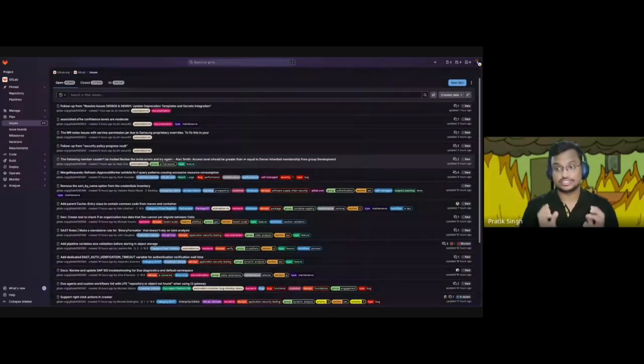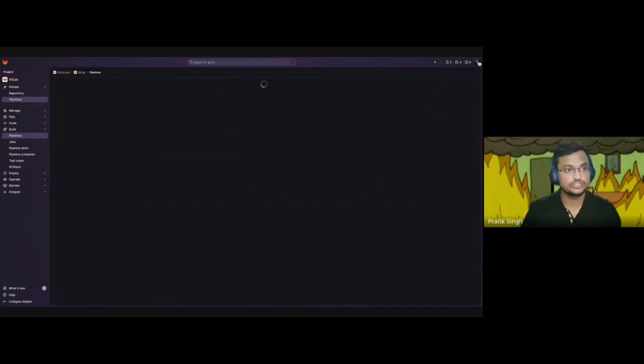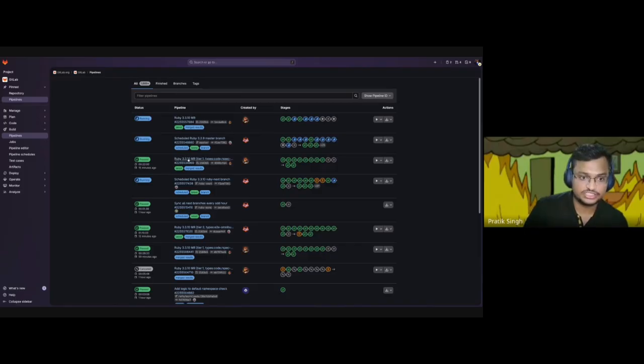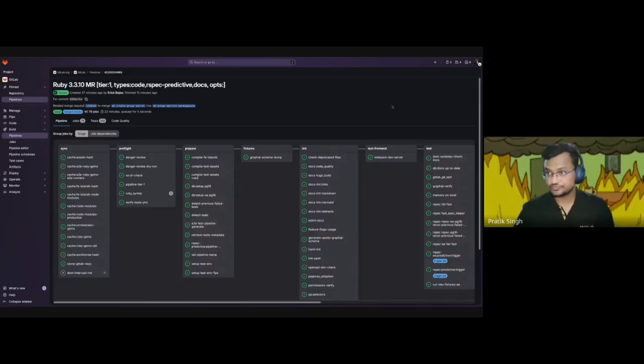And once everything is done, here is where CI/CD kicks in. Once you have done everything, you push your changes onto GitLab or whichever platform you're using, and then it kicks off a pipeline, as I was mentioning earlier, of how a normal pipeline looks. And this is something that is out in the open. It is not something that only I can log in and see. Every one of you can just go in and see. This is not my office ID. This is actually my personal account that I'm using right now. So each one of you can see the pipelines which are there.